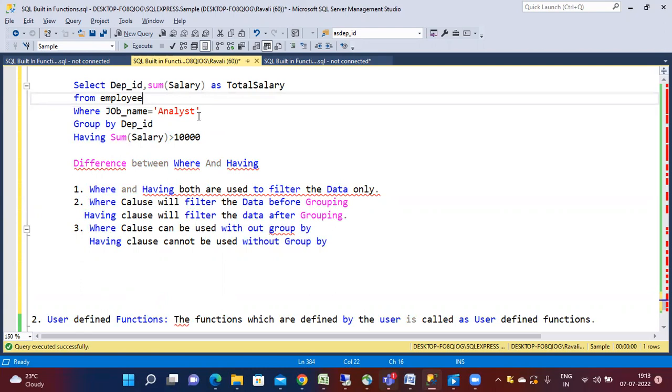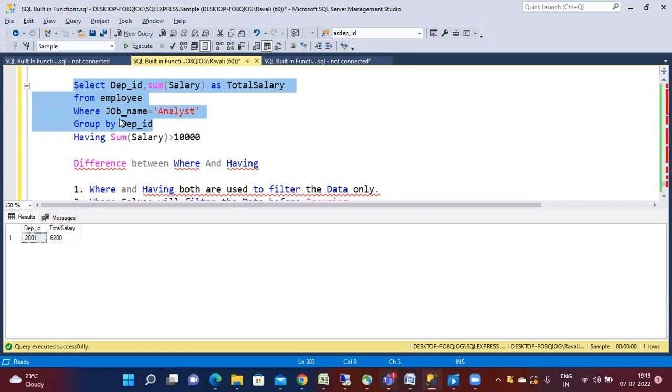Okay, and then it will group the data. After grouping, you will have some data. On top of that, if you want to filter again, you can use the having clause. After group by, it will come to the having clause and filter the data, and then go to the select clause. Okay. If I run this now,